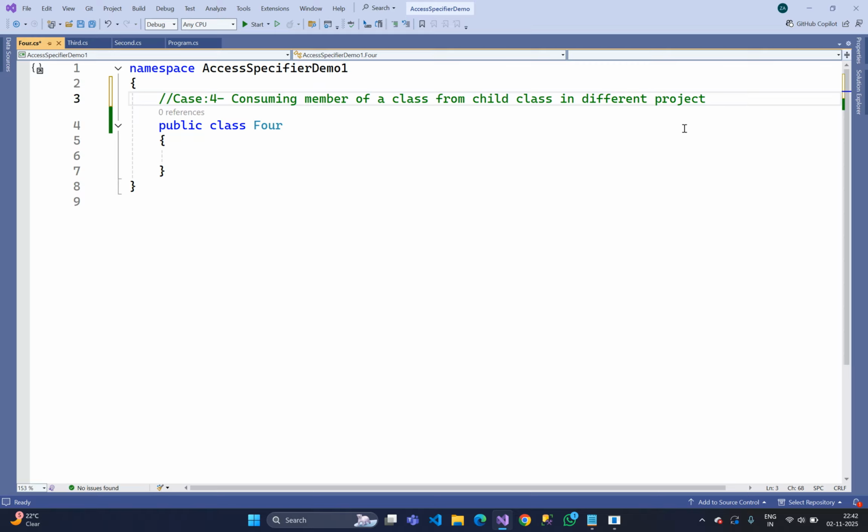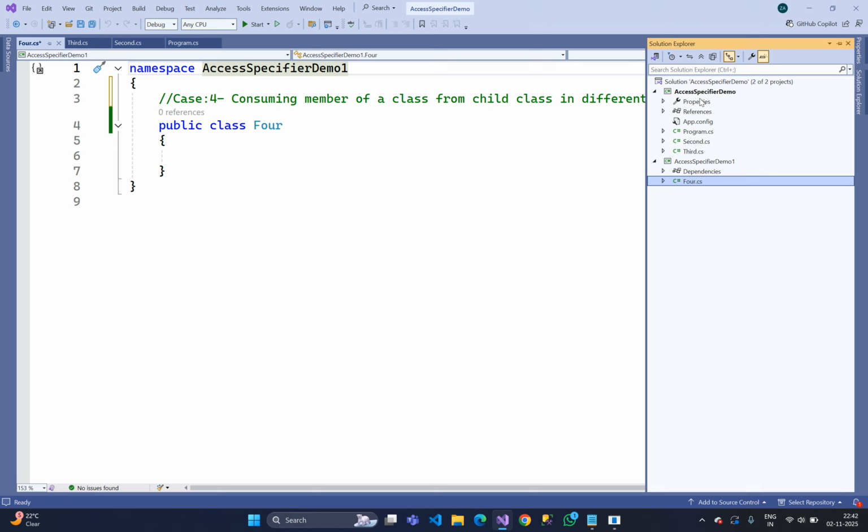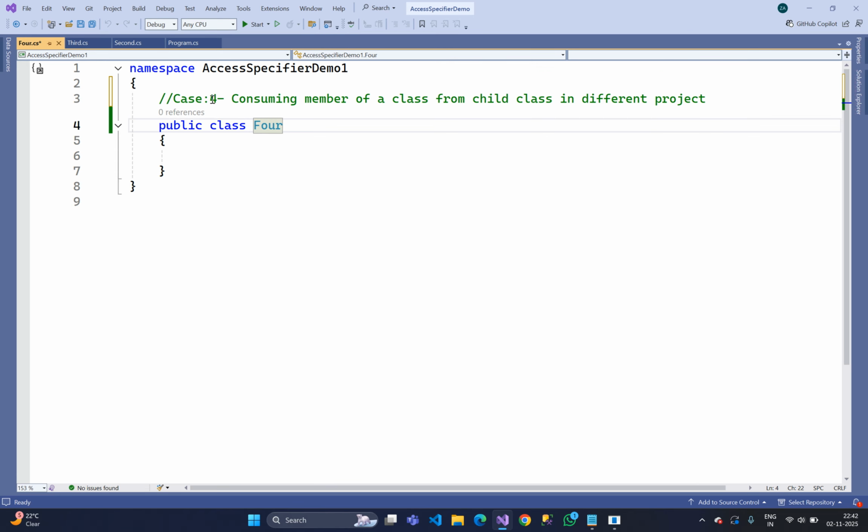Different project means this is access specifier demo 1, and this is another project, access specifier demo. This is the case for consuming a member of a class from a child class in a different project. We have two cases: consuming a member of a class from a child class in the same project, which we already discussed, and consuming a member